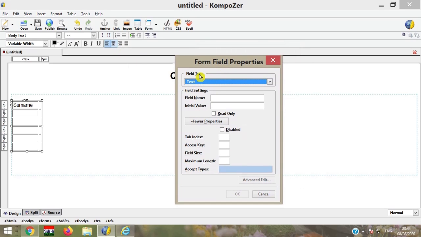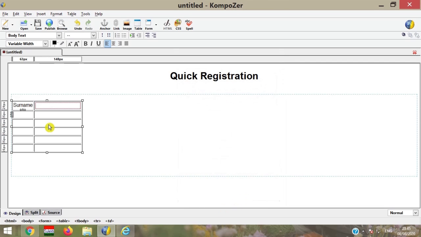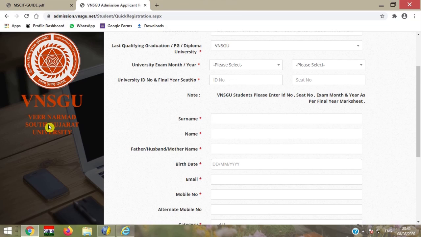You can see a form field property dialog box appear. Then write a field name, surname. Initial value is not required, so don't write it, and then press the OK button. Then use the name.